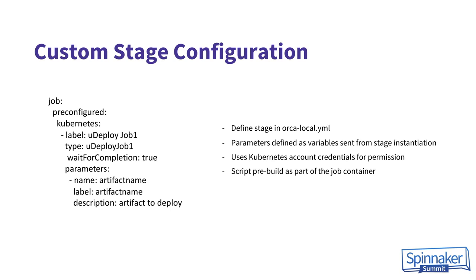Right? So how is this custom stage done in, say, Kubernetes? In the orchestrator, Orca, you can specify in the configuration what your job is. That shows up as a custom stage. Here in this particular case, we are saying that this is a Kubernetes job. And this is a name, and it uses these artifacts. So by specifying that, we are able to say the custom job, which is deploy job 1, would run a specific set of scripts